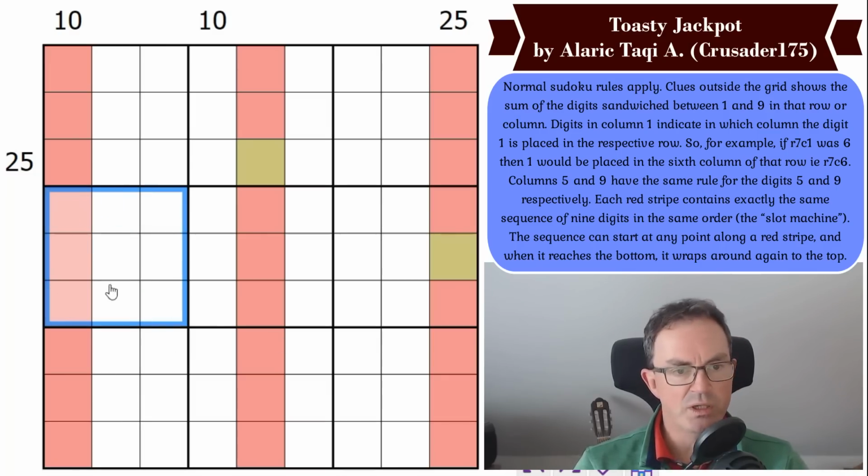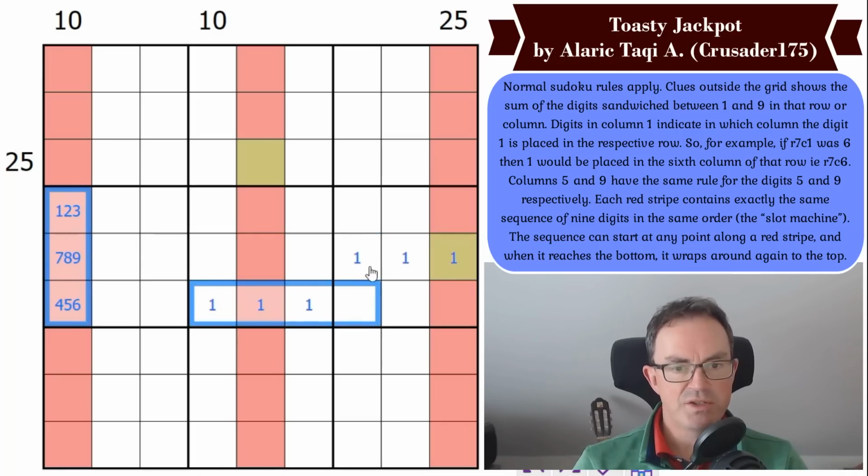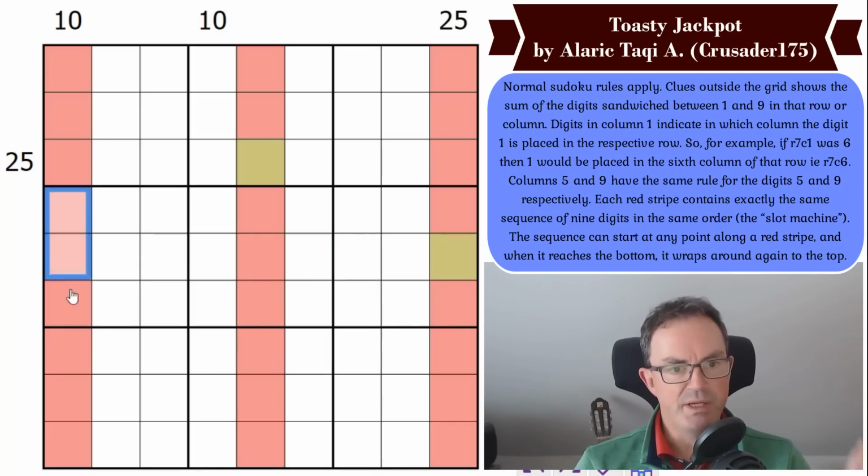So that doesn't work. What we have to do is make sure that if we can have 1 low digit, then these 2 now can't be low, or we're going to get a repeated 1 in this box. So we can make one of these medium. That's going to put a 1 in one of these squares. But then for this square, it can't be a low number, that'll put a 1 in here. It can't be a medium number, that'll put a 1 in here. So this has to be high and put a 1 over there. So there is a sort of entropy which